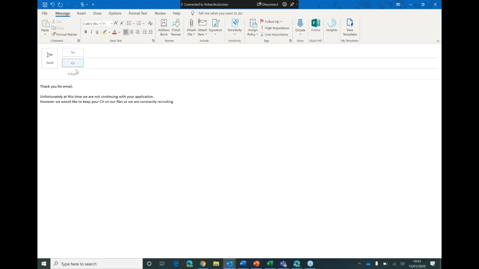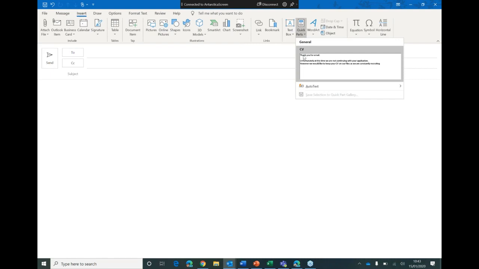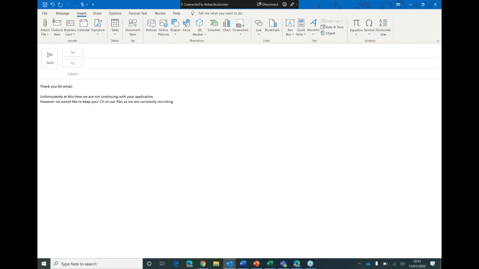So what we can do is say, well, actually, I can use preconfigured text already. If we just start from scratch, and I go to insert, you'll see there's the quick part, and you can see that text there. If I click there, that's how I put it in. As simple as that. Now, to create that in the first place, you could create an email saying,